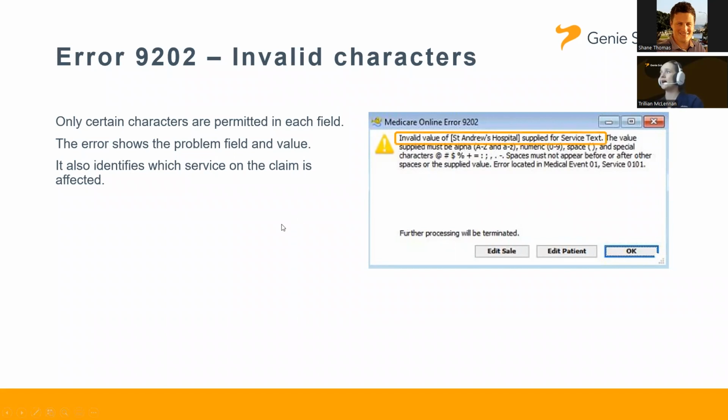If we look further at the value supplied must be, and then it breaks down the different characters, you'll notice that an apostrophe is not one of the allowed characters, and St Andrew's Hospital has an apostrophe in it. So as a result, the claim is considered invalid. The error does tell us which item on the claim caused the error. So we can see here, error located in medical event 1, service 1 of 1. And so that's the first claim on the first voucher, or first item on the first voucher of this particular